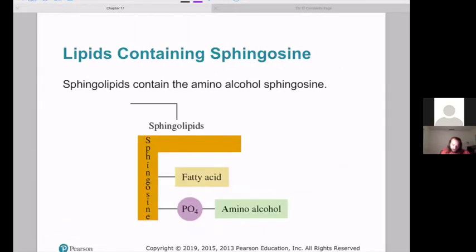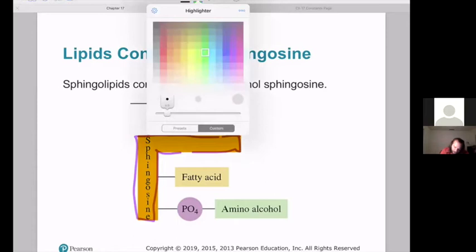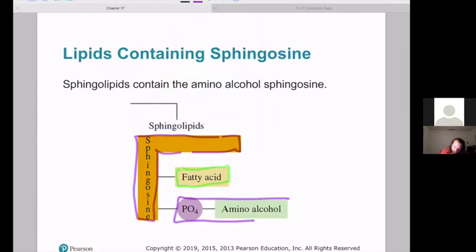They are also these sphingolipids. I have such a hard time with that word. And they're kind of their own separate thing in that they're not glycerol based. So they contain sphingosine, where this portion here, it's almost going to be like a fatty acid, but it's not. It's like its own kind of thing. It's also just a long carbon chain, but it's specific to this type of molecule. And then there's no glycerol. You do have one fatty acid component and another, this same component that we saw before, this phosphate connecting an